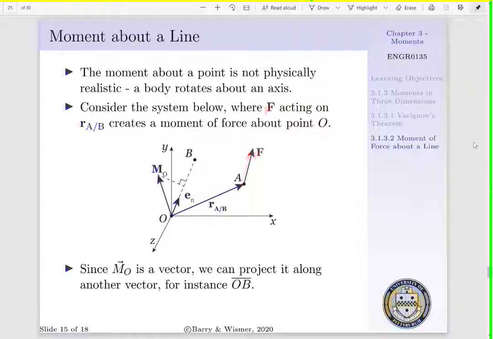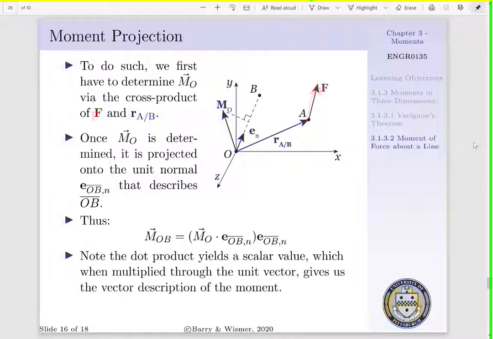What we want to do is project this along another vector, for instance, OB. For us to do this, we're going to have to define a few things. The first thing we're going to have to define is our moment of force about point O due to F, which we found we can resolve via the cross product. Once we determine our moment of force about point O, we now have to project it onto the unit normal